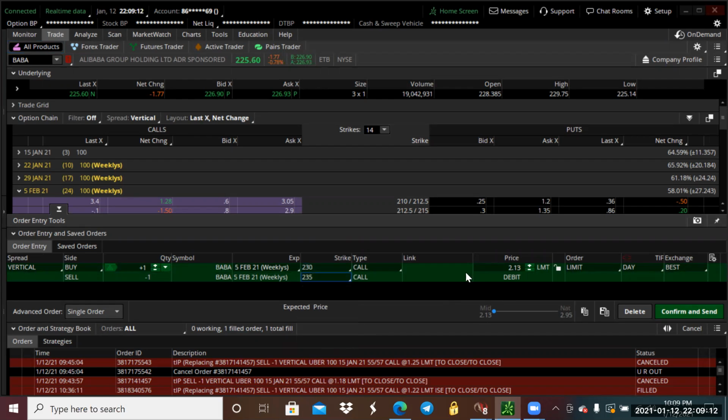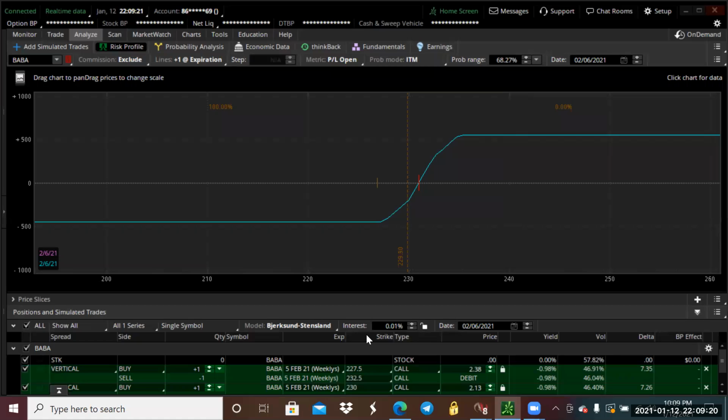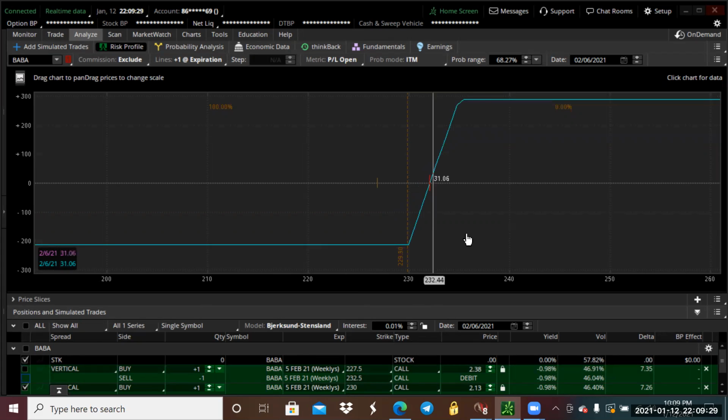Okay, so it will cost you 213. And let's right click and analyze trade. So I have to unclick one of them, you just need to unclick the check. So this is the only thing that would show up. Okay, so here we bought it at 213 and we are going to profit at 287. So that's a bigger profit there. If you want to do a 230, 235, that's even good. So as far as looking at these, I think that would be a good debit spread for